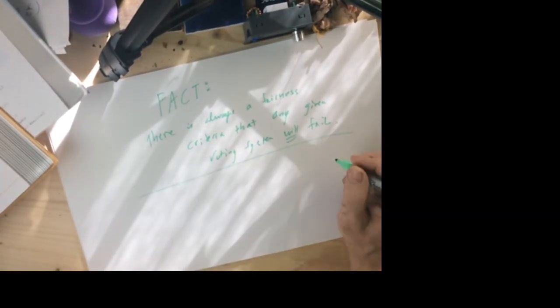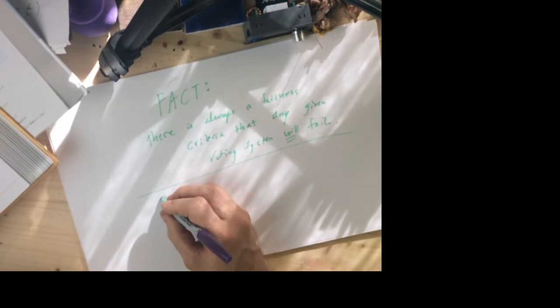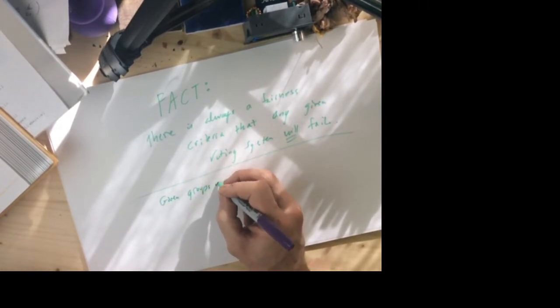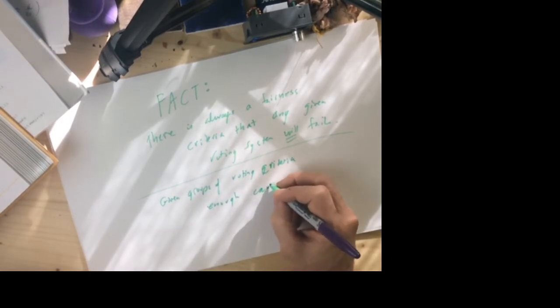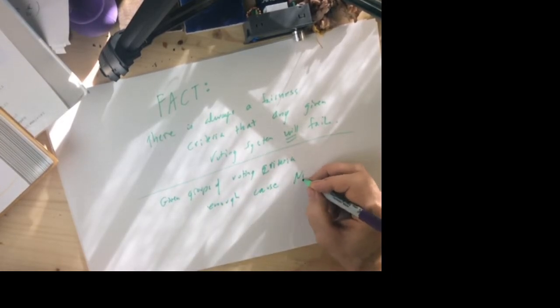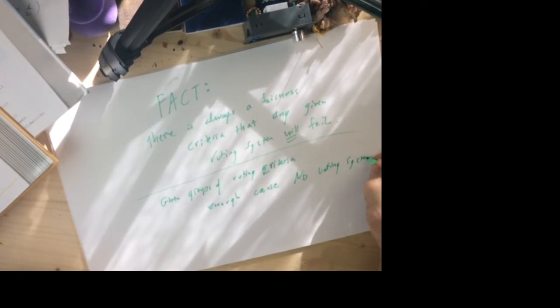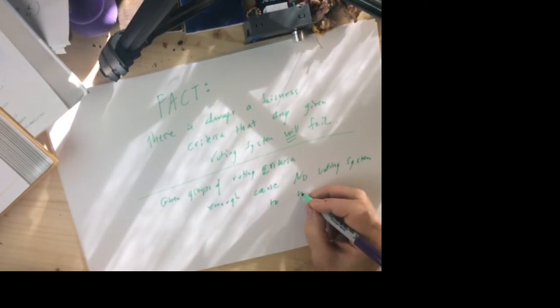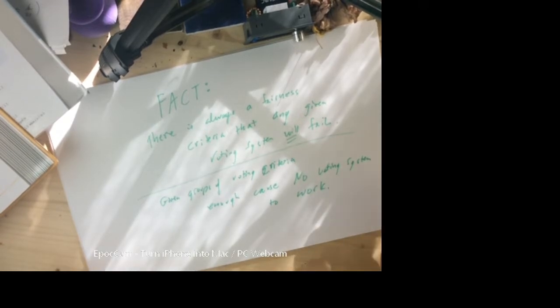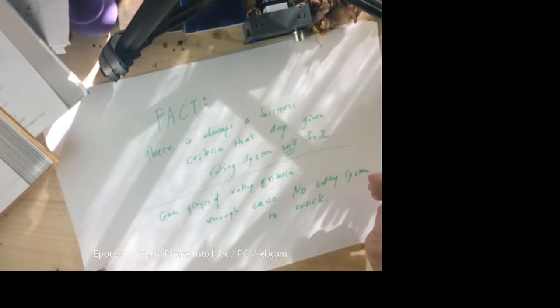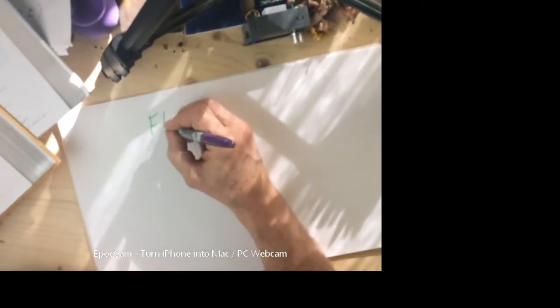And even more, given groups of voting criteria, enough cause no voting system to work. In other words, if we list enough voting fairness criteria, you can't find a voting system that's going to allow it. So let me point out what happens with plurality. Our system, plurality,